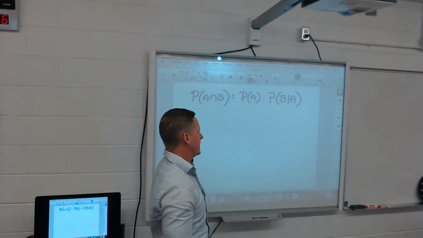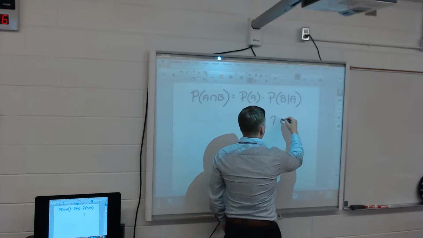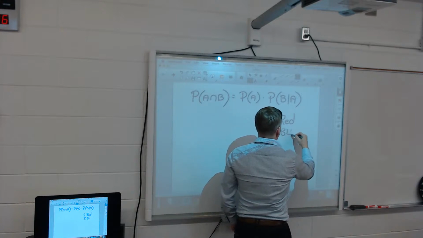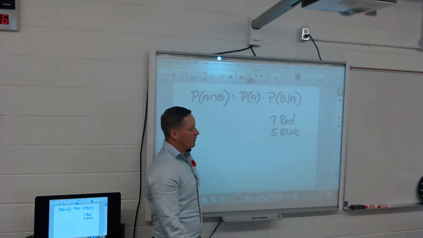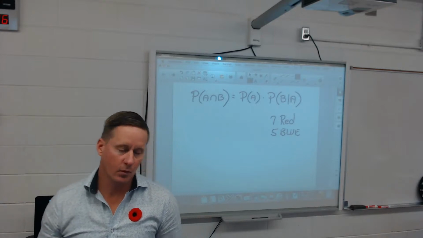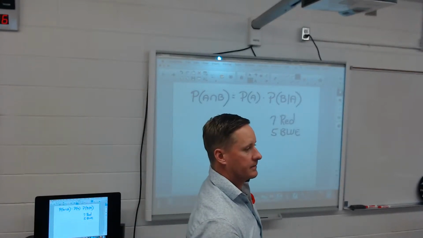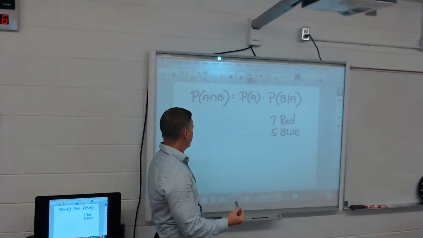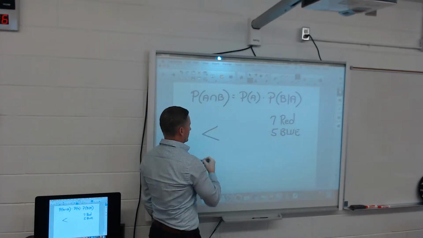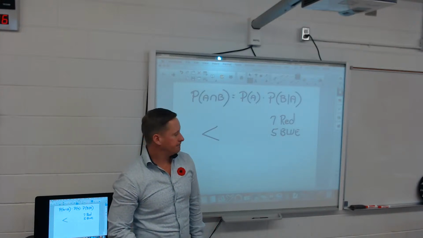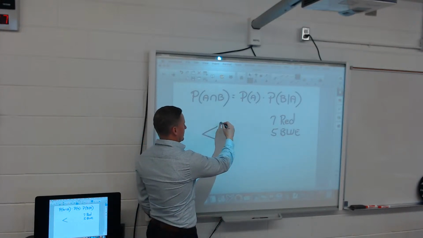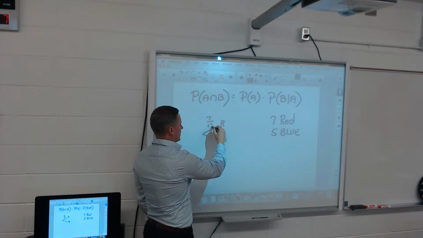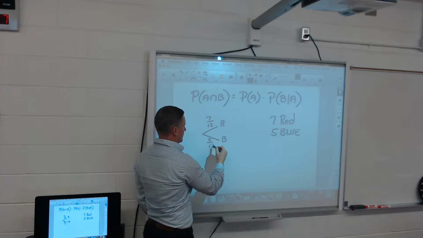So let me give you an example. I have 7 red marbles, 5 blue marbles. And I want to know what the probability of picking 2 red marbles out is. So I want to pick 2 red marbles out. I want to know what the probability of it is. So to begin with, I could do a tree diagram. All right, so I put red, I put blue, 7 out of 12, 5 out of 12 to start with,